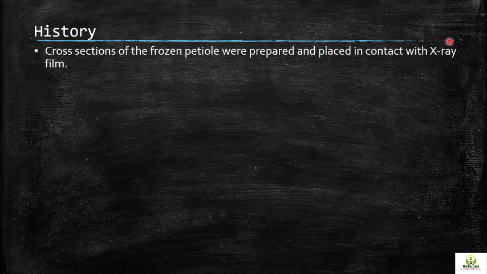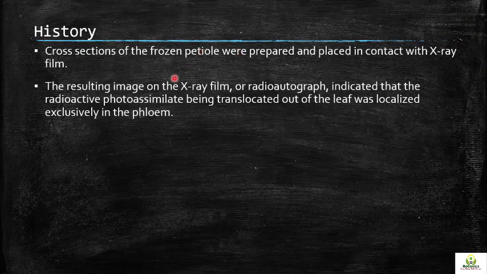So after making the radiolabeled cross section, we put it on X-ray film, which results in an image of the cross sections of the frozen petiole of the leaf that carried out photosynthesis in the C14 environment. The radioautograph indicated that the radioactive photoassimilates being translocated out of the leaf were localized exclusively in